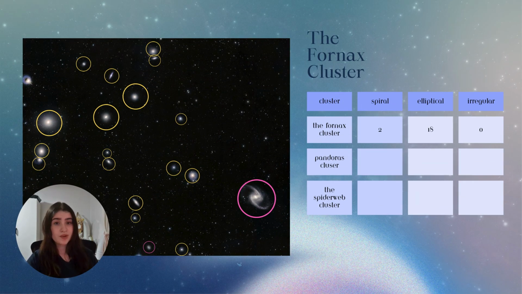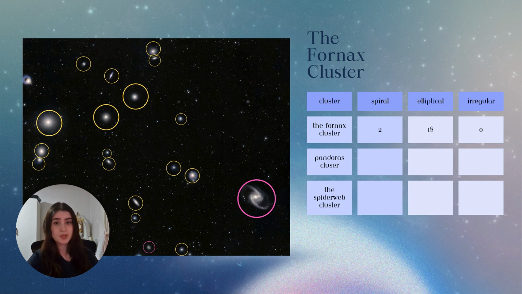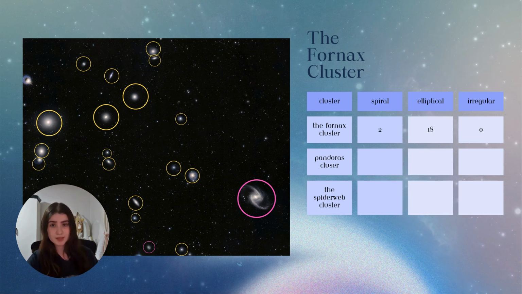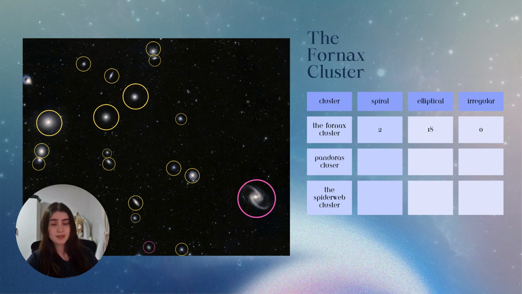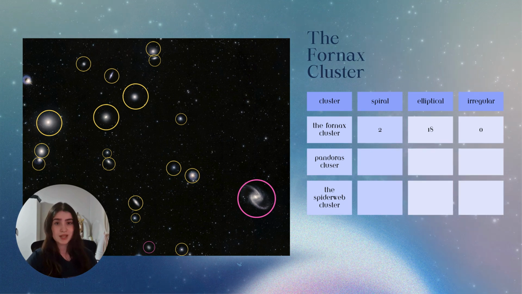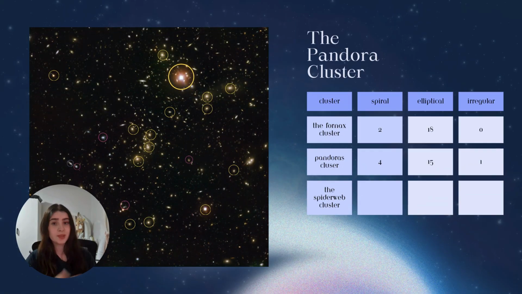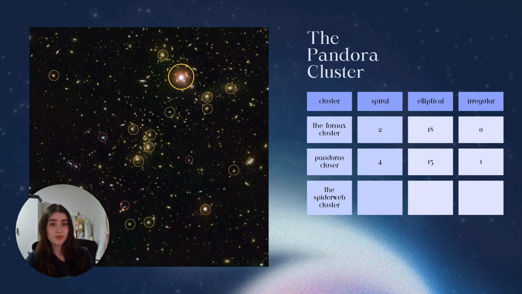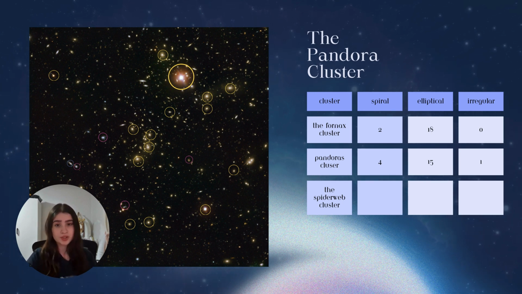Now we will gather data from 3 different galaxy clusters and observe how many spiral, elliptical, and irregular galaxies there are from a sample of 20 galaxies. Firstly, we see that the Fornax cluster has 2 noticeable spiral galaxies in pink, and 18 elliptical galaxies in yellow, as shown in the image below. Next, the Pandora cluster. Similarly, it had 4 spiral galaxies and 15 elliptical galaxies, but we also noticed 1 irregular